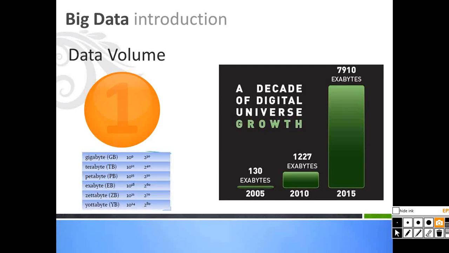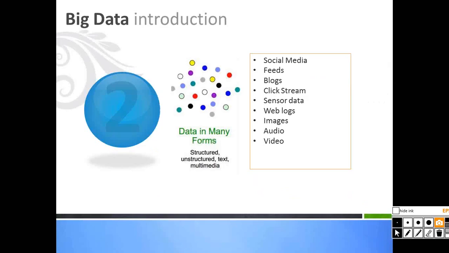That is one factor. Second, as you will see in coming slides, you can easily guess the growth of the volume here. In many forms you see the data volume being generated, right from the enterprise application. That's where the actual IT usage started, but it percolated to other industries. One of the major contributors is social media, the feeds, blogs. Pretty much these are very obvious to you. I don't have to spend much time here, but because of these new avenues, a huge volume is being generated, and this is one of the